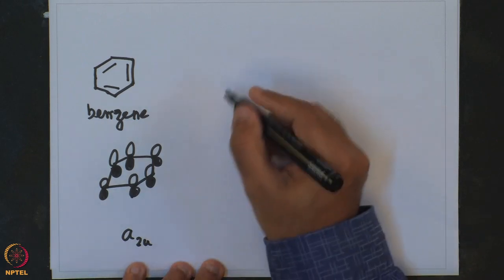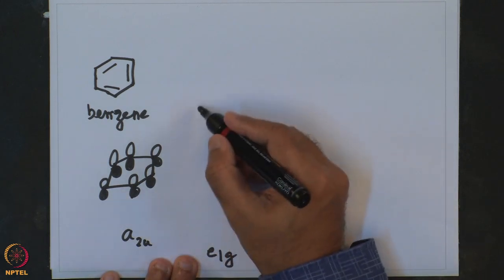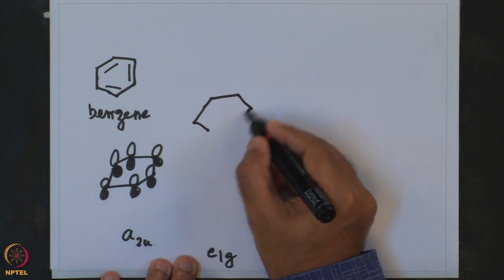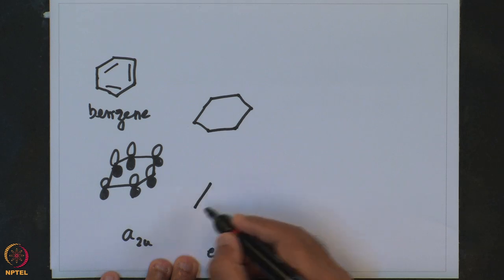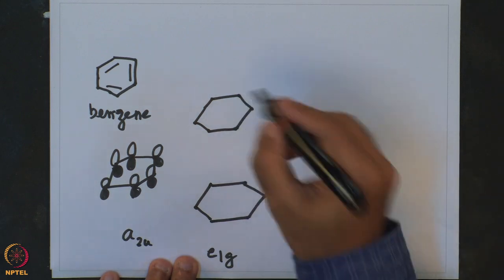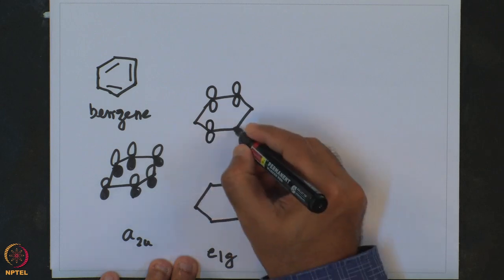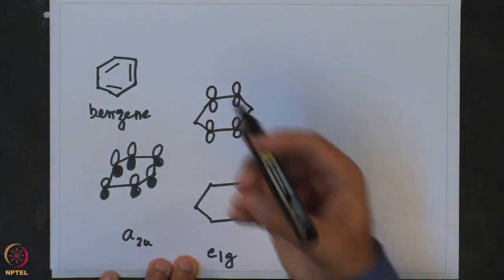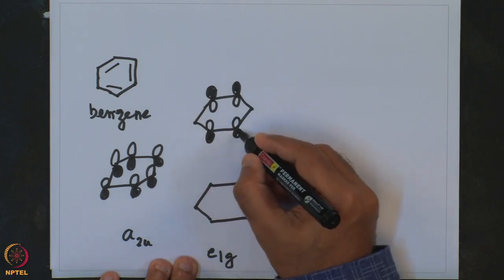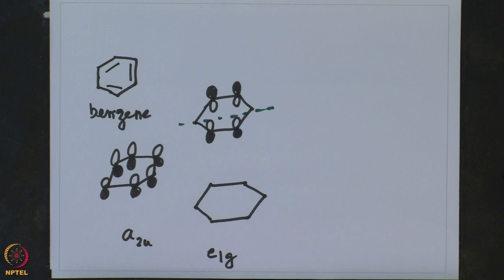Similarly, the first degenerate pair is E1G, and here one has 2 orbitals, the first one has a molecular orbital of this type, and the corresponding nodal plane is shown over here,